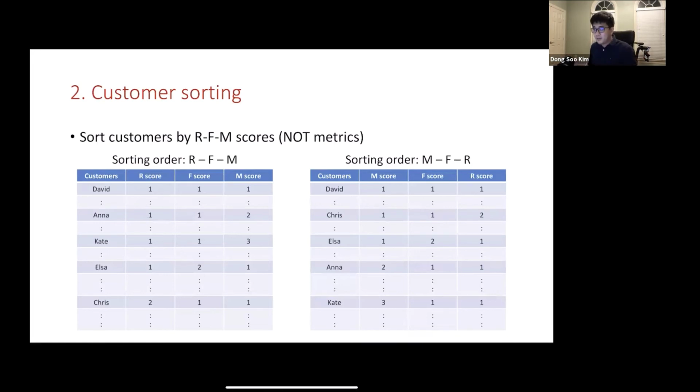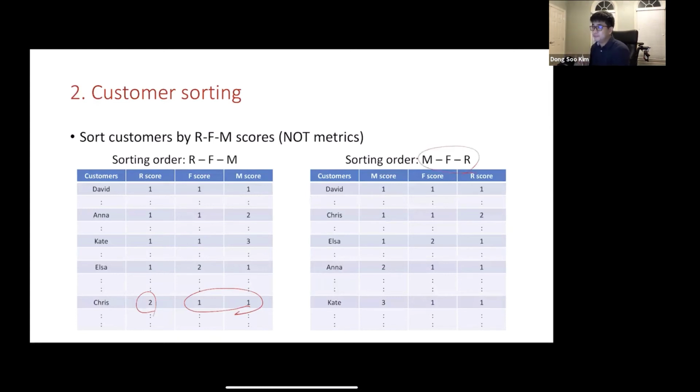You can find that Chris is the last, although his frequency score and monetary score are high, due to his low recency score. But when the customers are sorted by monetary value score first, frequency score next, and recency score last, as in the